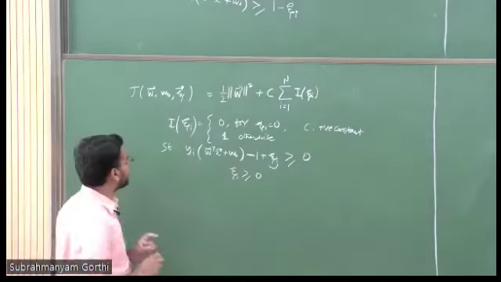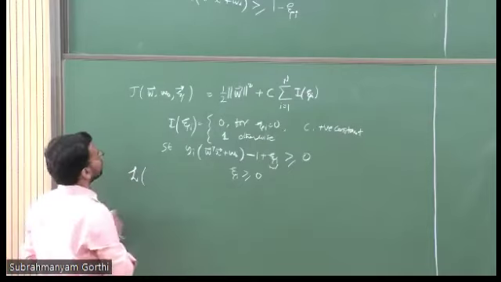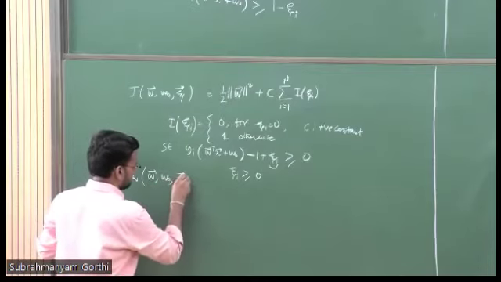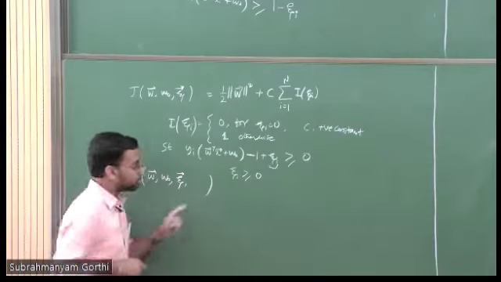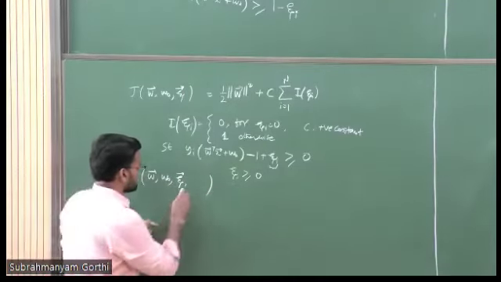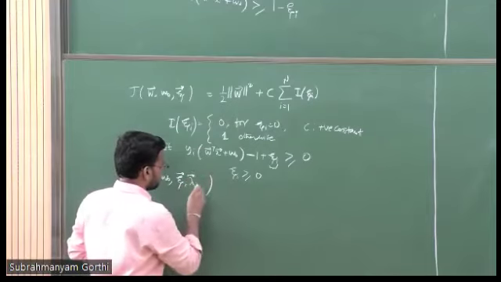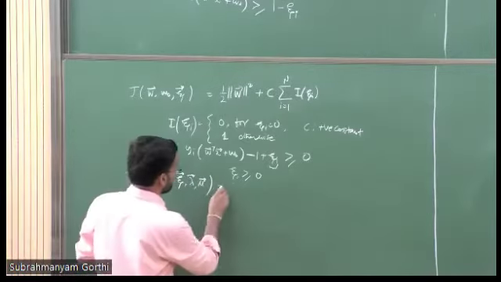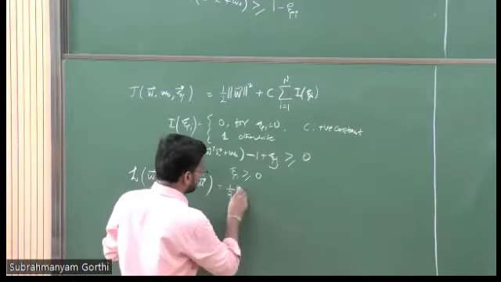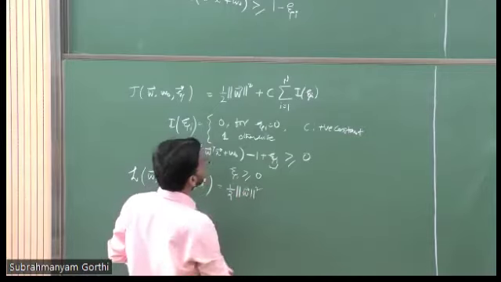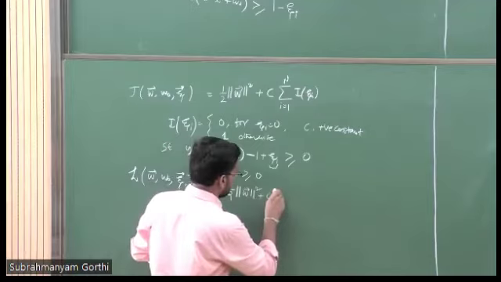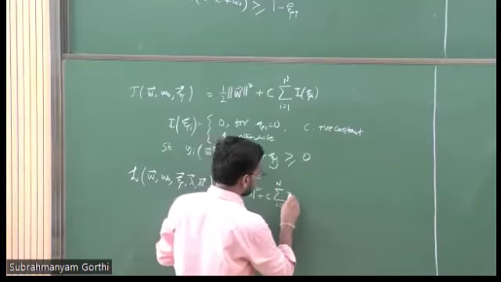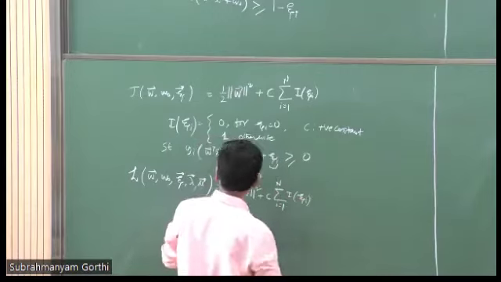Now let me write your Lagrangian multiplier formulation, where I have w bar, w naught, xi bar. I'll have 2 more variables for these 2 conditions. Let me call this lambda bar, and let me call the other one mu bar. I'm writing the equation now. This would be half of norm of w bar square plus C times summation I equal to 1 to n of xi I,